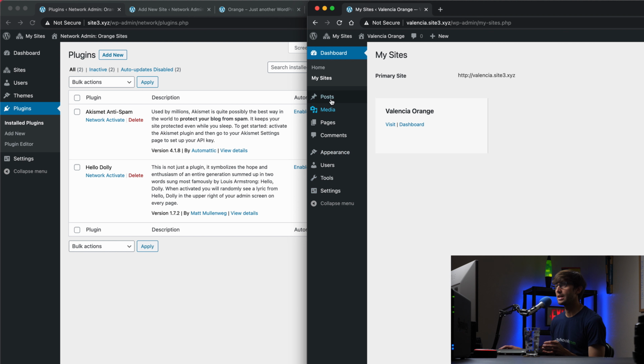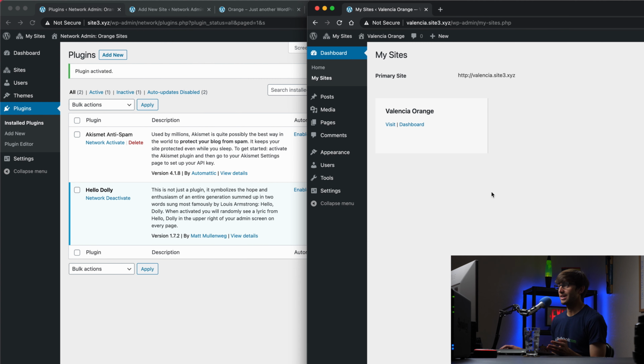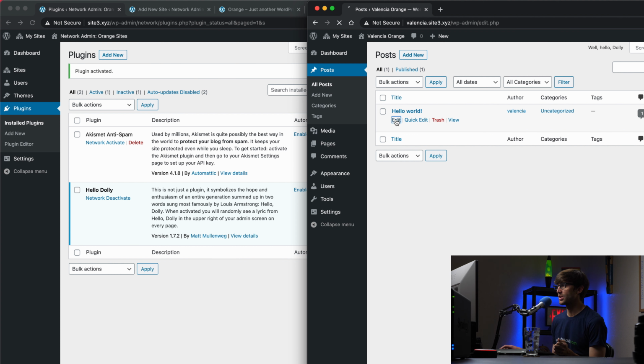Over here, we don't see any references to plugins, right? It really varies from plugin to plugin. Like if we network activate Dolly, we're not going to see really anything happen over here. The one demonstration that I think is good, if we go to the posts and we try to edit this post,